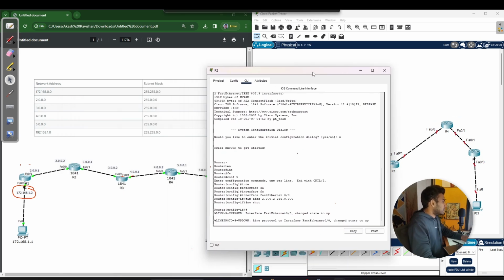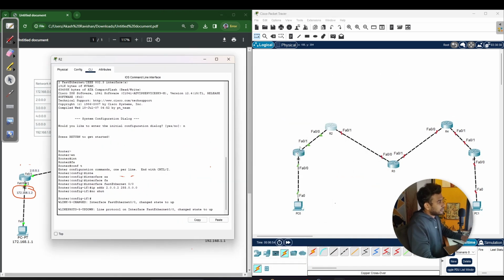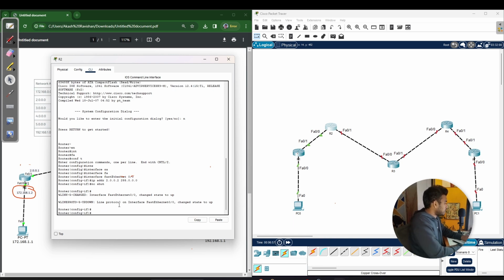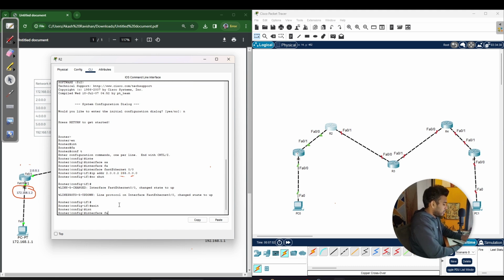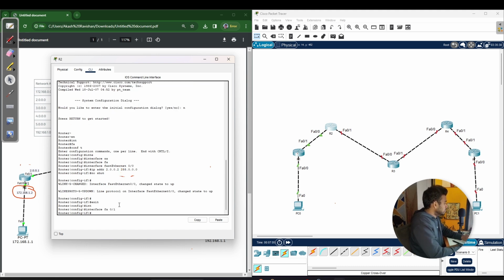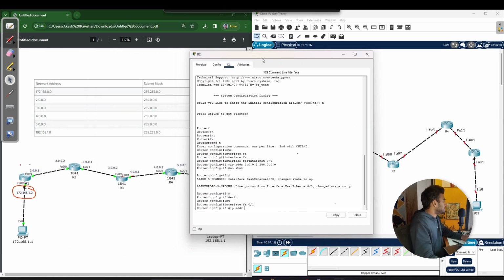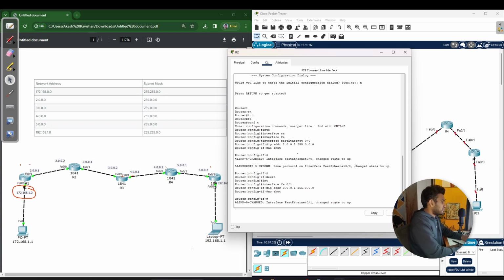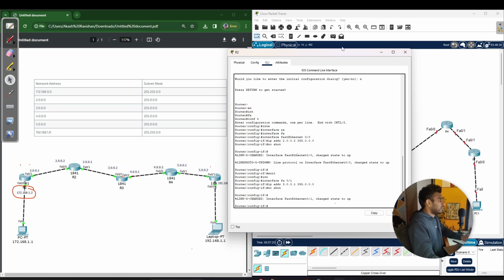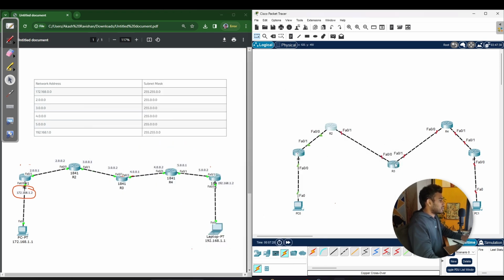It is working good. Then let's go to the next interface in the same router, fast Ethernet 0/1, exit, interface FA 0/1, right? Then in here the IP address is, let's see, it is 3.0.0.1, and the subnet mask is 255.0.0.0. Then I'm going to issue a no shut as well. Okay, it is up, but you will not see it is in green color because